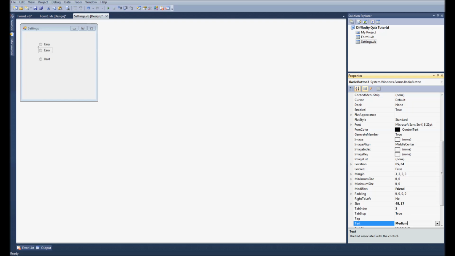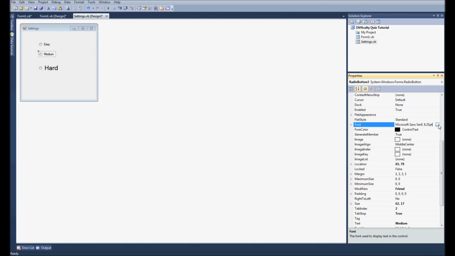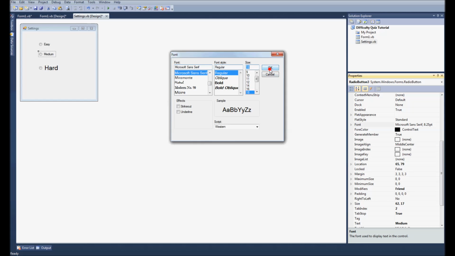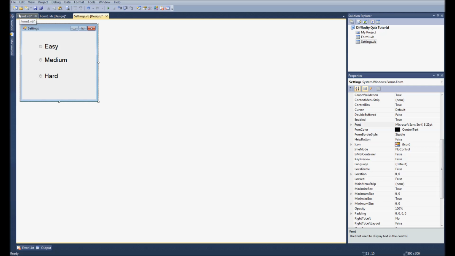So you could have instead of easy, you could have super easy, then medium, then hard, then really hard, then super hard, then extreme or super extreme, or things like that, whatever you like. But the more difficulties you have, the more you have to do for each quiz, because you have to make a new set of questions for each one. So you can make this big font so you can easily know which one you picked and which one you want to pick. So, okay, have that there,